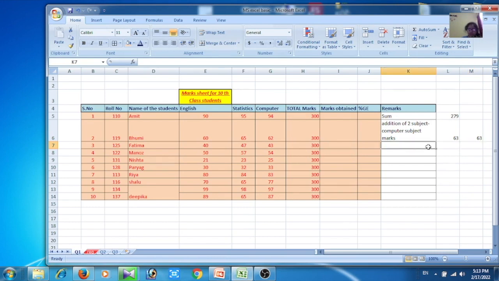For example, what I want is the English marks into computer marks plus stats marks minus computer, or any number, you can perform any number. This is the statement what I want. So here, how can you apply this,